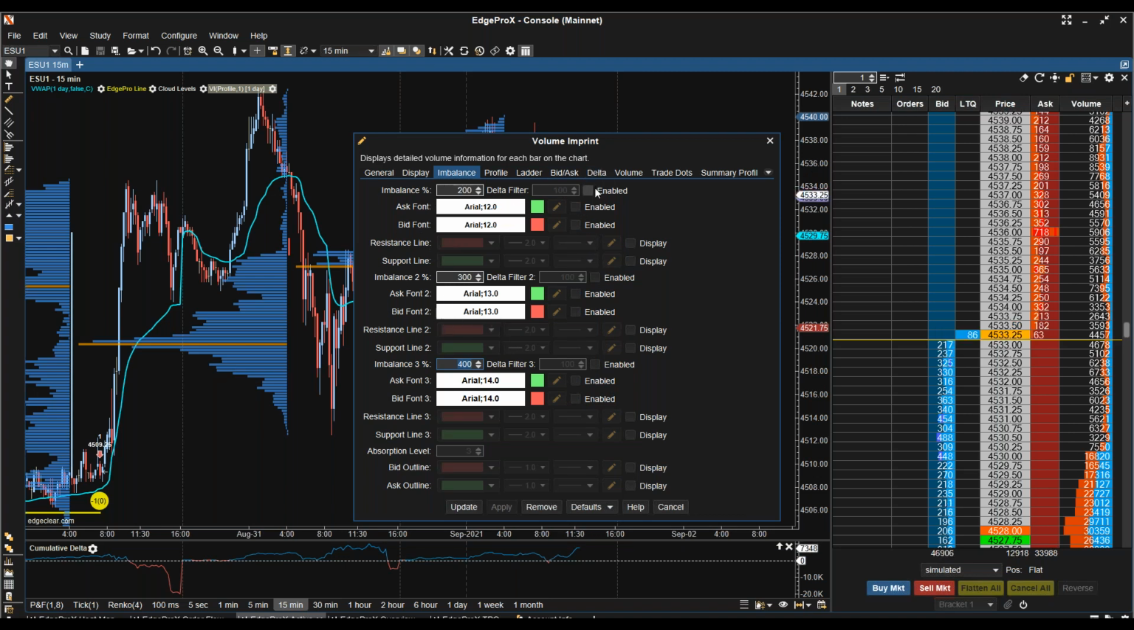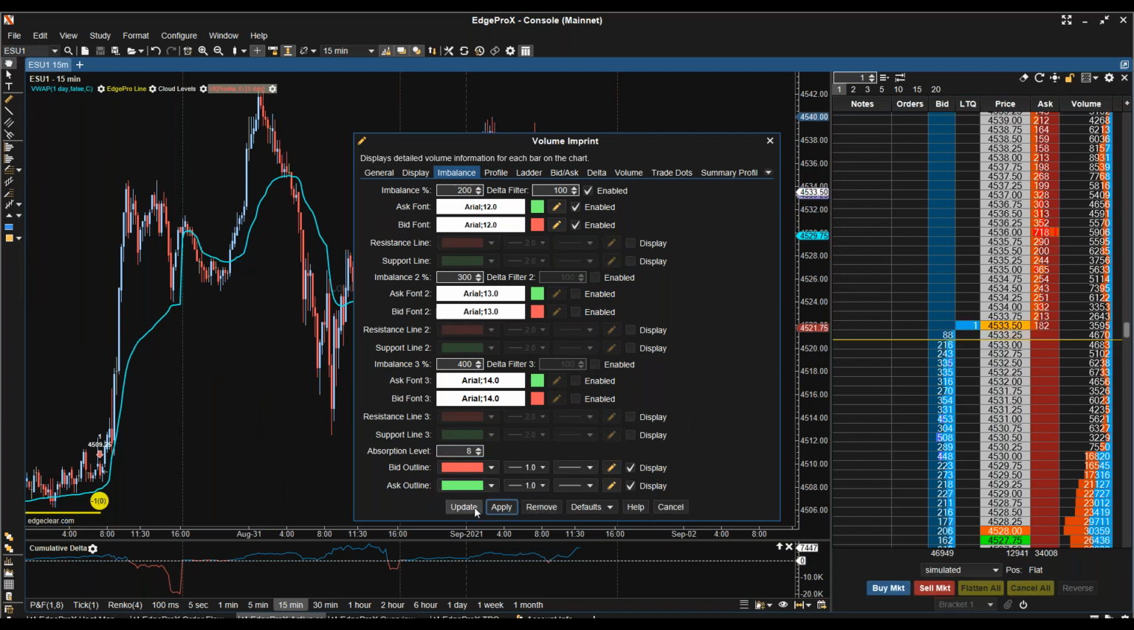So that's what we'll do. We'll just add one set of imbalances, and then we'll do absorption levels as well. And we'll set the absorption to be, let's say, 8 ticks. So then once you're done, you'll hit apply, update,